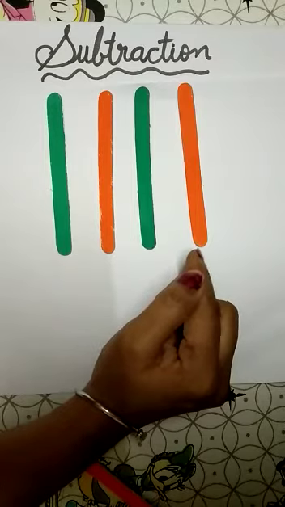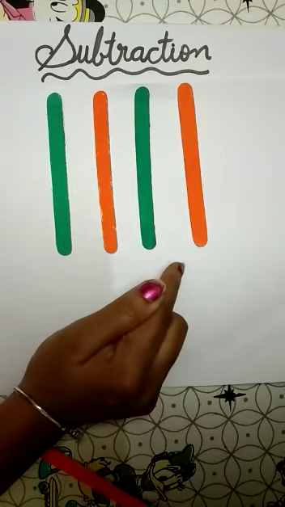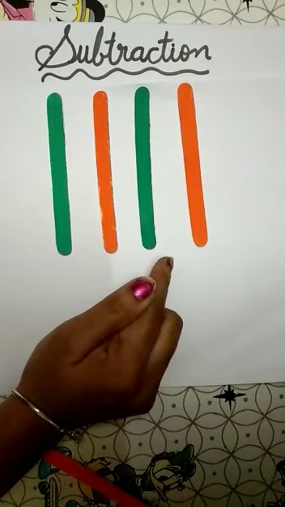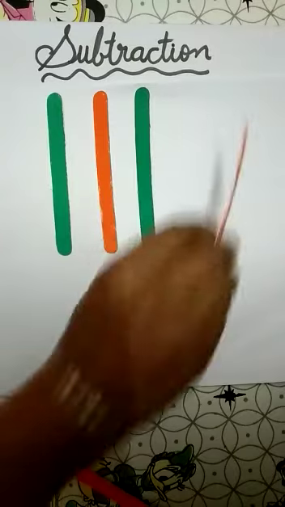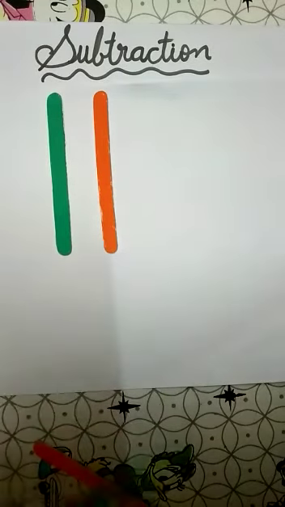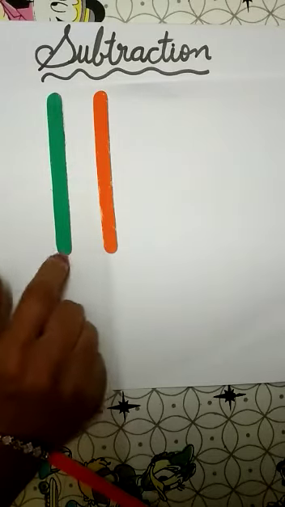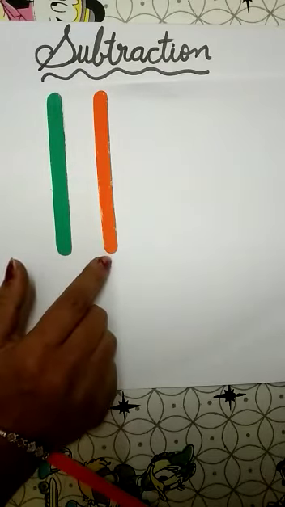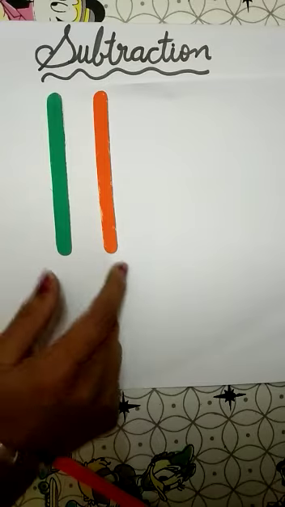अगर मैम ने कहा कि 4 पॉपस्टिक में से how many popsticks are there? 4. I will take away 2 popsticks. यानी remove 2 popsticks. How many popsticks left? Kids, tell me. Count it. 1 and 2. 2 popsticks left. यानी 2 popsticks बाकी रहे. So what will be the answer? 2 popsticks. Okay? Understand everyone?